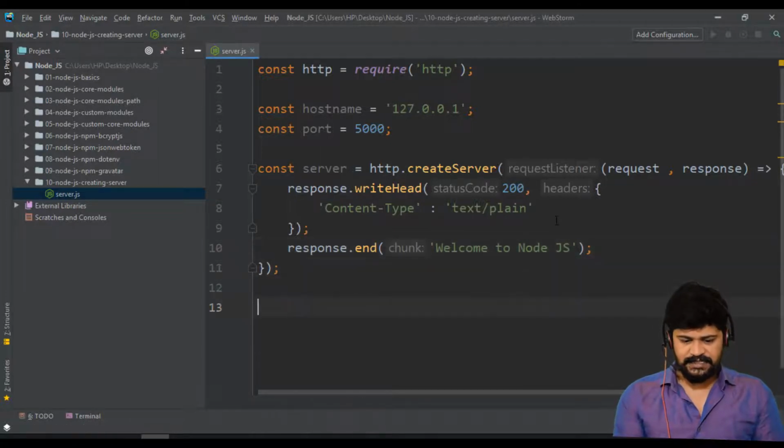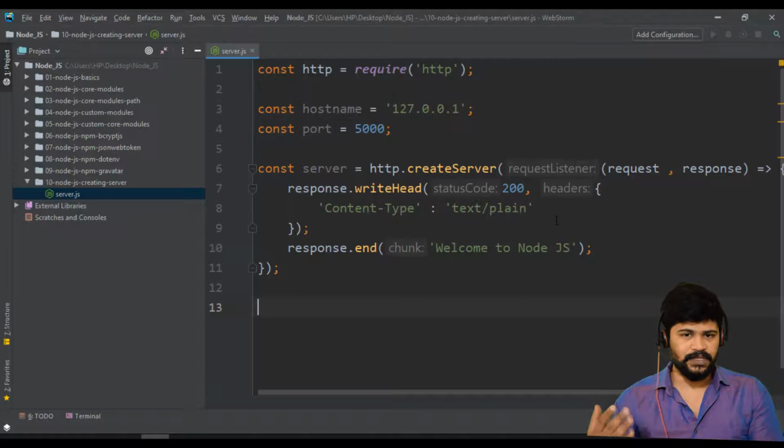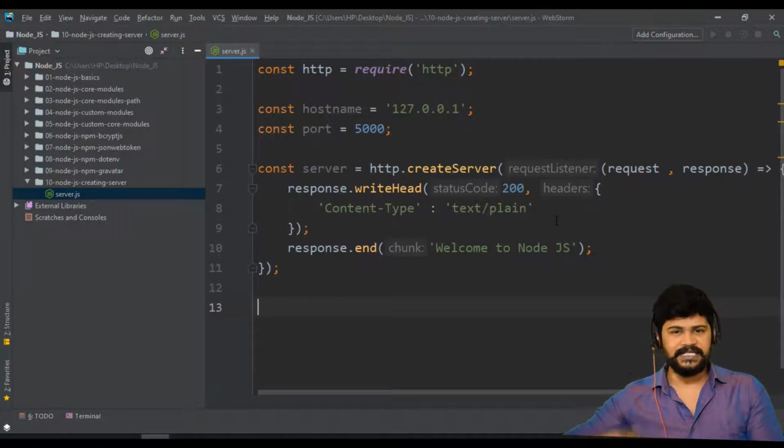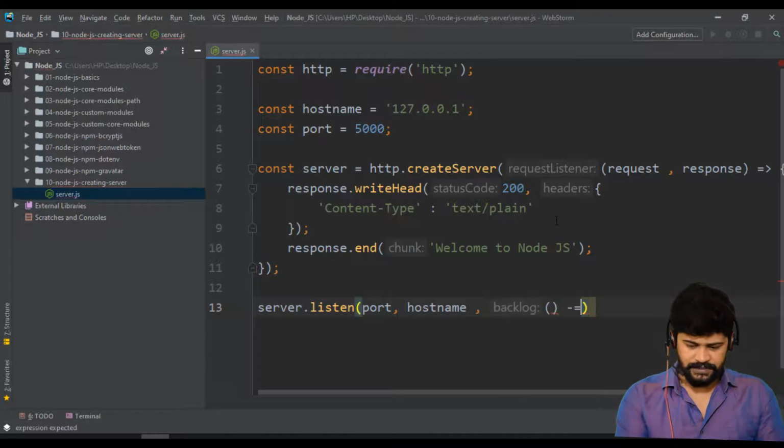And this is for creating a server. Once you create a server, it won't start automatically, you have to start it. To start a server, we generally call a function called listen. Every server keeps listening to the port number, so that whoever sends a request to that port number and host name, it will respond based on the request. The next statement will be server.listen with the port number and the host name, and a function.